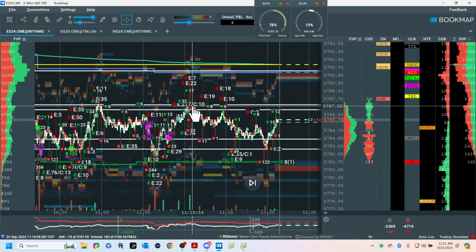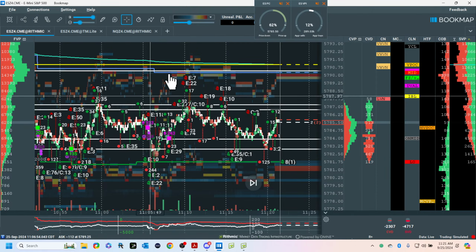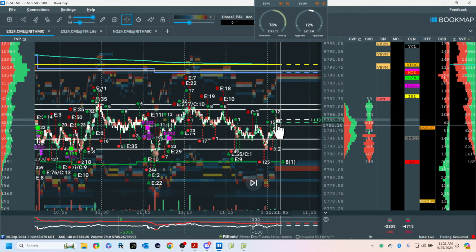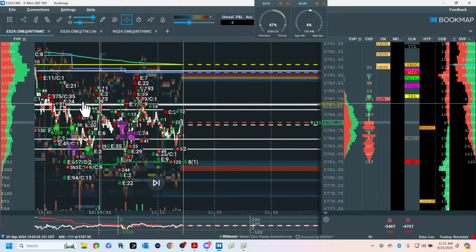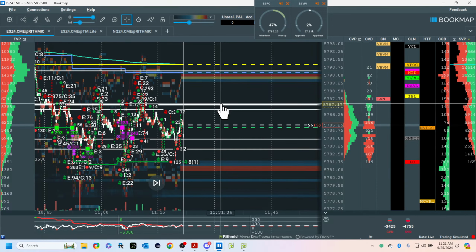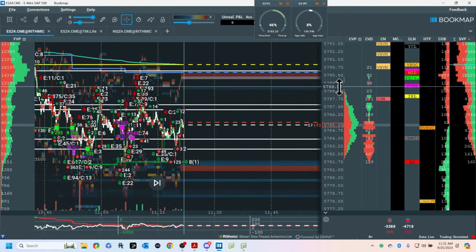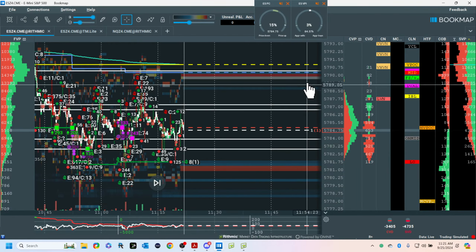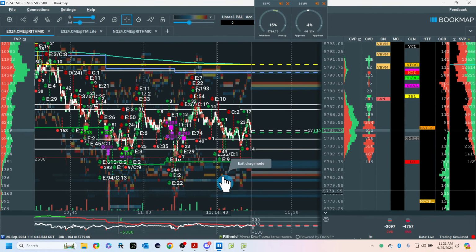Why? Because there's stops here, and we didn't get below this. So the shorts then potentially are going to cover. And the closest location for stops is here and here, and above here and above here. So if I come across, that'll take me out here, and then I will sell it again if I get a trigger for the same trade from a different location. Just saying, these aren't recommendations, but this is trade plan specific.